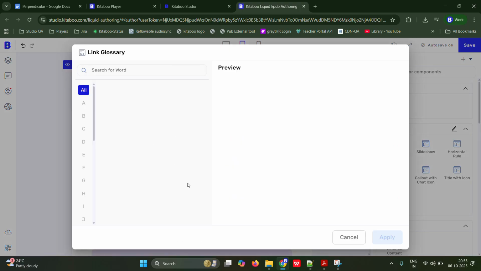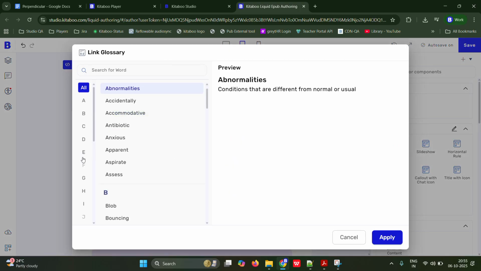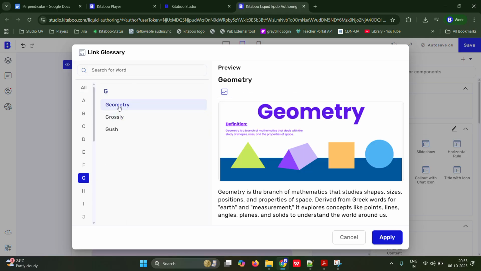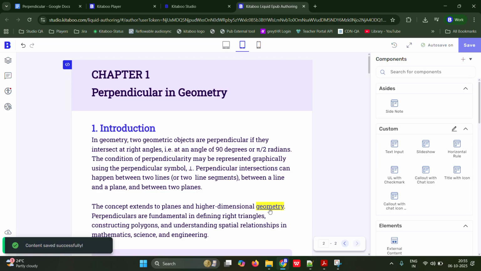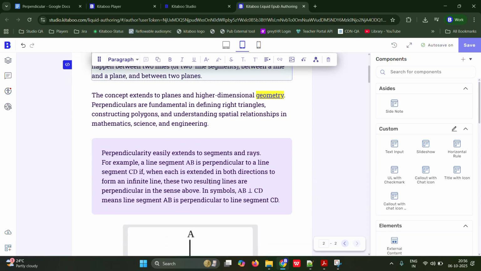This term you can already upload in your Kitaboo system, then it will show to you by default. I can say I want to add a geometry. Just click on apply. So on this particular page, when you click on it, it will show the definition. Similar way, if you want to do any editing,